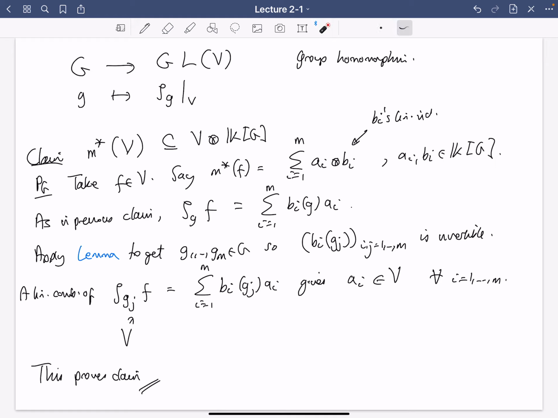What I've just shown is that for any f in V, m star of f can be written as a linear combination of ai bi's, and all these ai's are in V. So this is something in V tensor k of G, which is exactly what's needed for my claim. So we're really just about there. I can finally fit this together